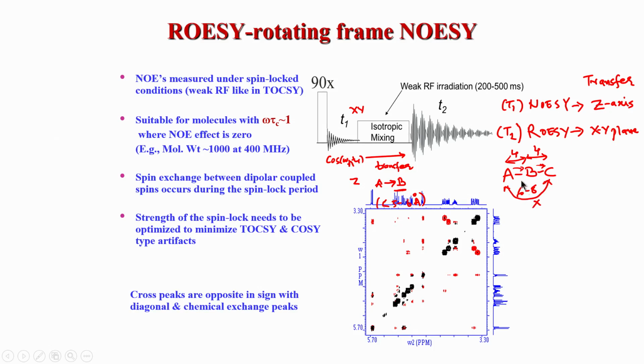And why do I get that peak? That peak comes because there is an intermediate, a middle nucleus B here, which can relay the magnetization from A to C through B, and that happens if I choose a long mixing time. Therefore, you may end up interpreting the C and A cross peak as saying that they are closer than 6 to 8, closer than 5 Angstrom, which can be a wrong structure, because in reality they are not less than 5 Angstrom, they are actually far away. So, this is called a spin diffusion effect, and in NOESY it is very difficult to find out.